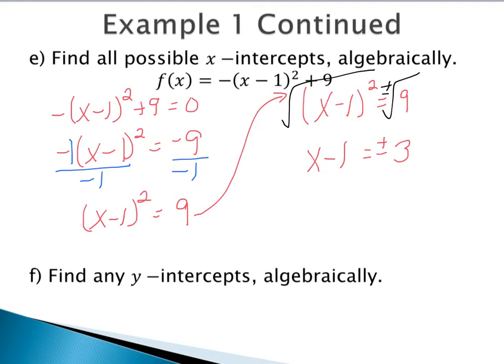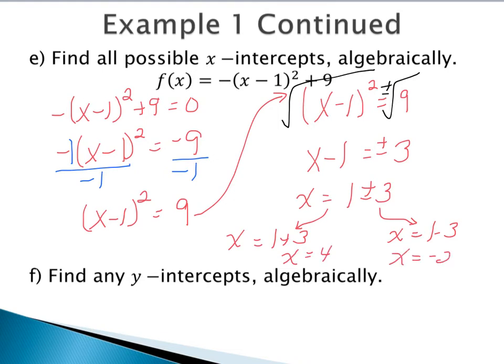Continuing to solve this, I would move the 1 over, so we have x equals positive 1 plus or minus 3, and since we have whole numbers here, or rational numbers, we can actually evaluate that and find our most simplified form of x. So we have two parts, x equals 1 plus 3 and x equals 1 minus 3. So you have x equal to 4 and x equal to negative 2. So that would be fine in terms of writing your x-intercepts. If you want to write it as an ordered pair, you'd have two answers of 4, 0 and negative 2, 0. So those are our x-intercepts found algebraically, and you can verify it with your calculator.